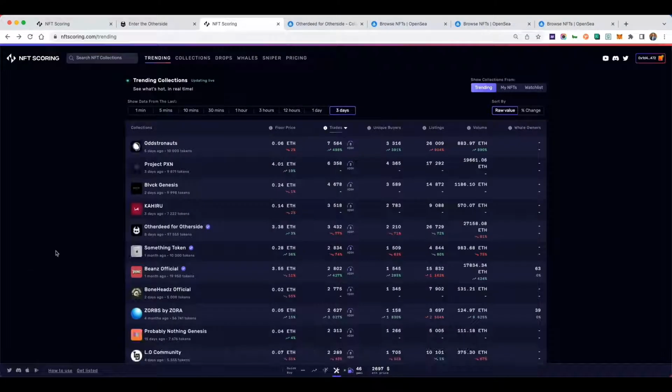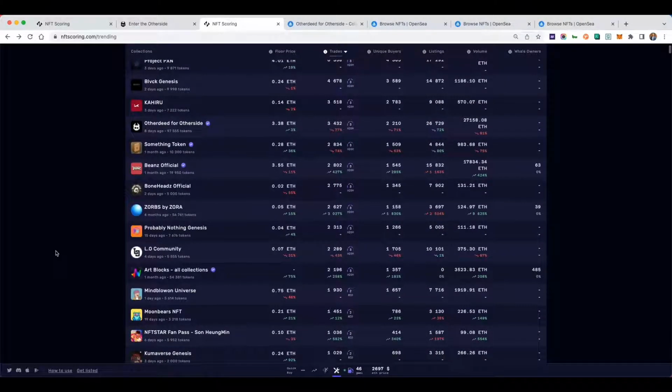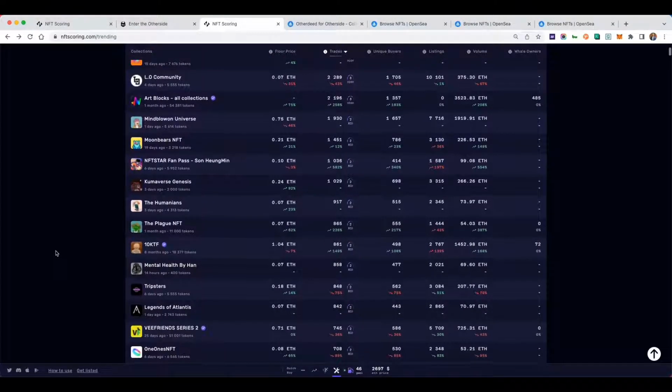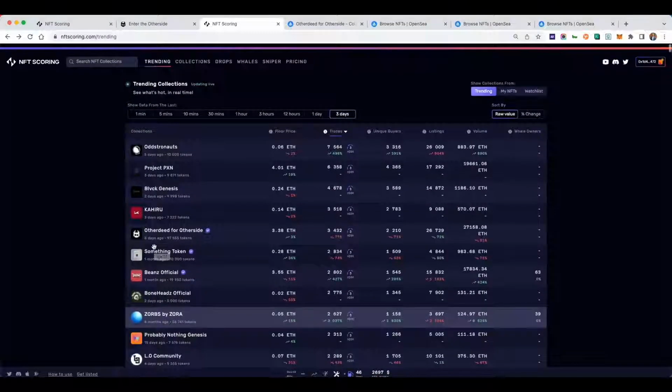A good example would be something like, this is very low still. So let's go to 3 days and see something important here. Maybe you can spot one or two. So this one, for example, the floor is pretty high relative to what it's been in the past. I've seen it before. Look at the amount of whales. Transactions, mid. I'd probably do my due diligence and research this project a lot more. What has transpired? Maybe some news came out. Yeah, I definitely dive into that one.